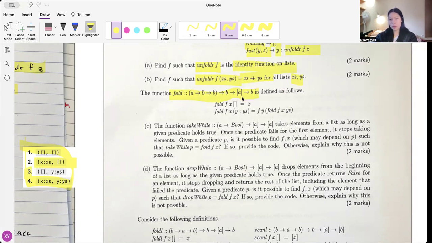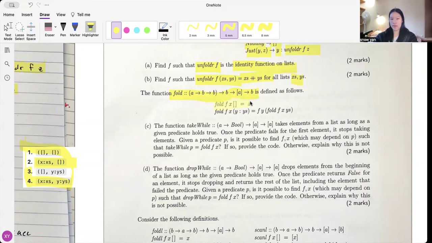I think it relatively makes sense because, and this is foldr because we just have A, B, B. If it was foldl, then it would be B, A, B. Our B is just our initial value, our A is the list of elements we input, and then B is our final result. And then the function, because we have